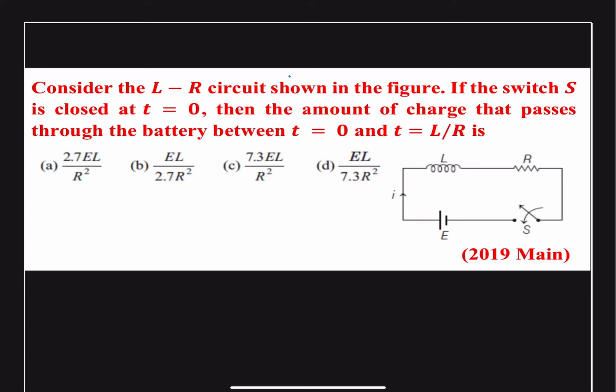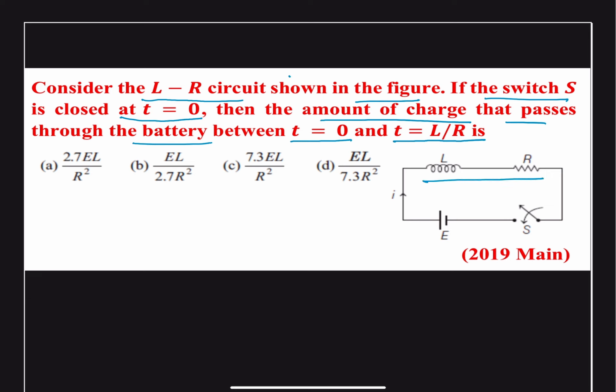Hello friends, today's question. Consider the LR circuit shown in the figure. If the switch S is closed at t equal to 0, then the amount of the charge that passes through the battery between time t equal to 0 and t equal to L upon R is... So we are given this LR series circuit and we have to find out the amount of charge that passes